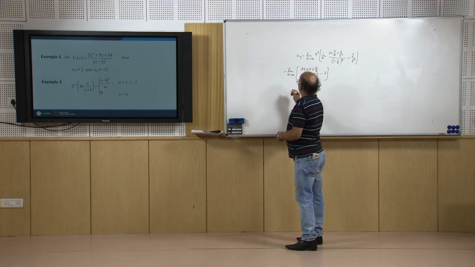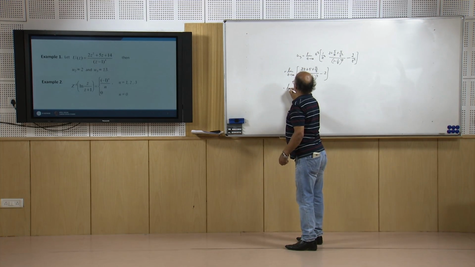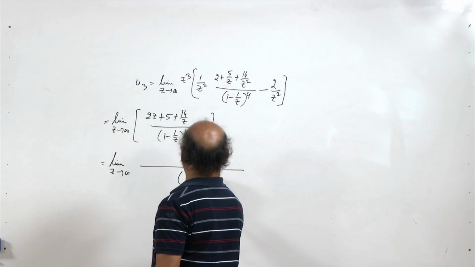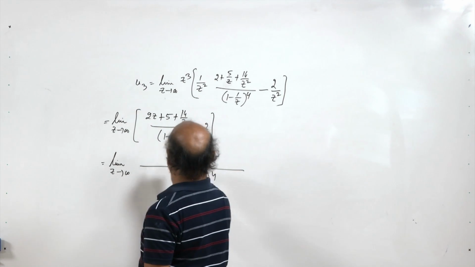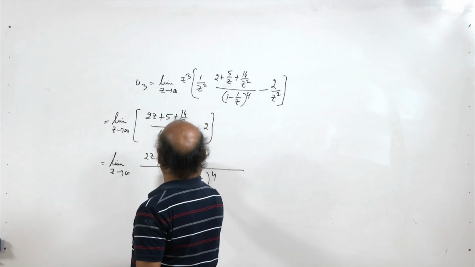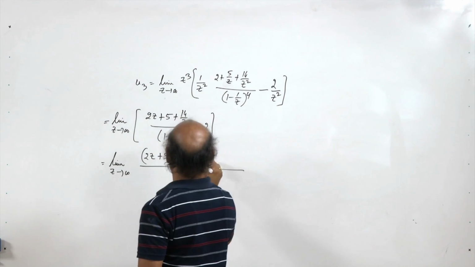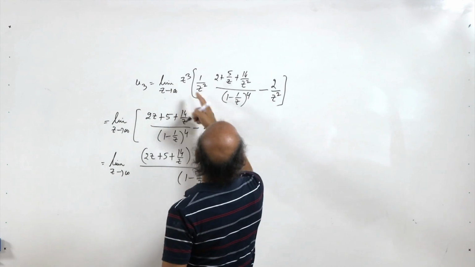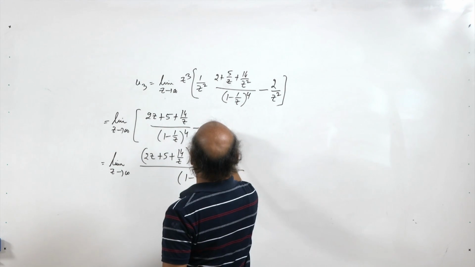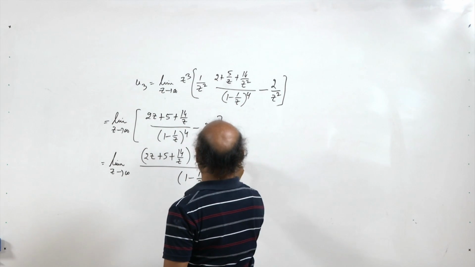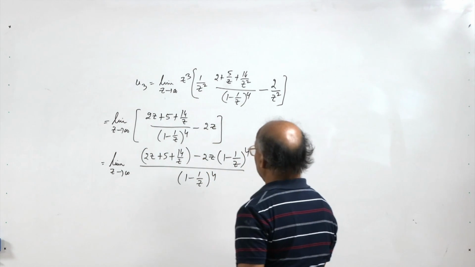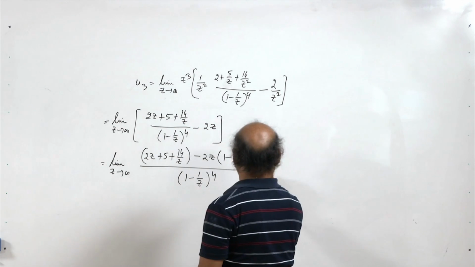So, z cube when multiplied, this is 2z. So, 2z times this. Okay, now we can write it further as